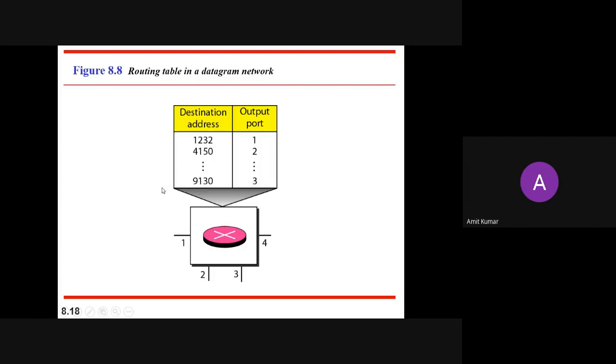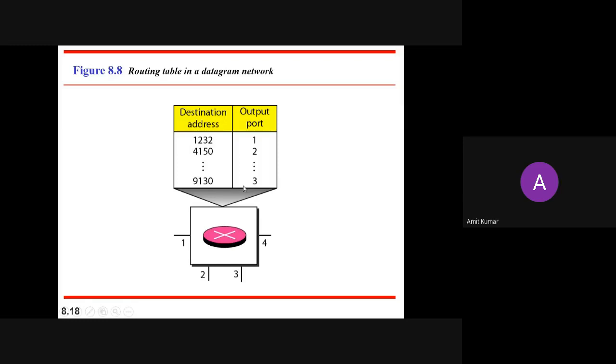The destination address, which is written on the left side, corresponds to the forwarding output ports recorded by the table. So it will come to know to which address this message will be transferred. This is your destination address.